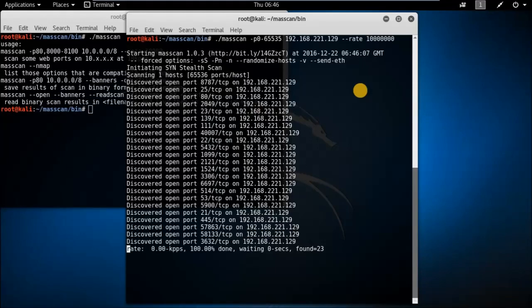Well, till now it has found many ports open, and it has just scanned and finished that scanning. Okay, the more interesting part of this tool is it will scan and make a configuration file. Like whatever command I have typed here will be saved in a configuration file that can be used later with the same command on the same network with the same kind of configurations and IP addresses